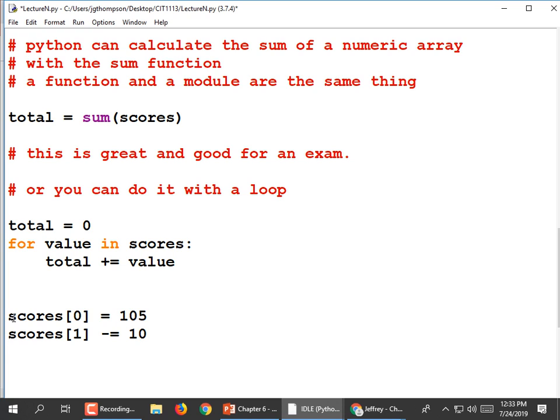So what is this showing? One, it's showing the subscripts, the index, right? We changed the first value of the scores and we changed the second one. The other thing we're showing,